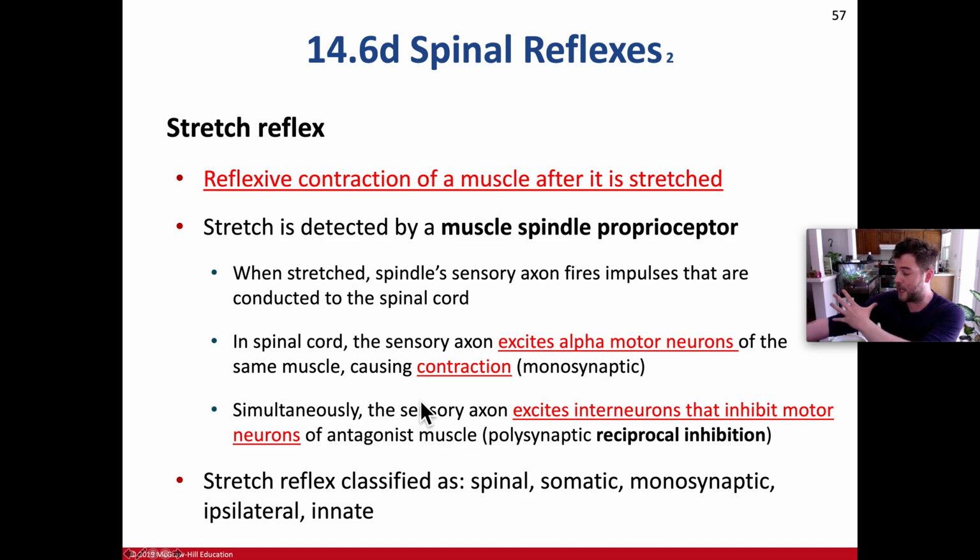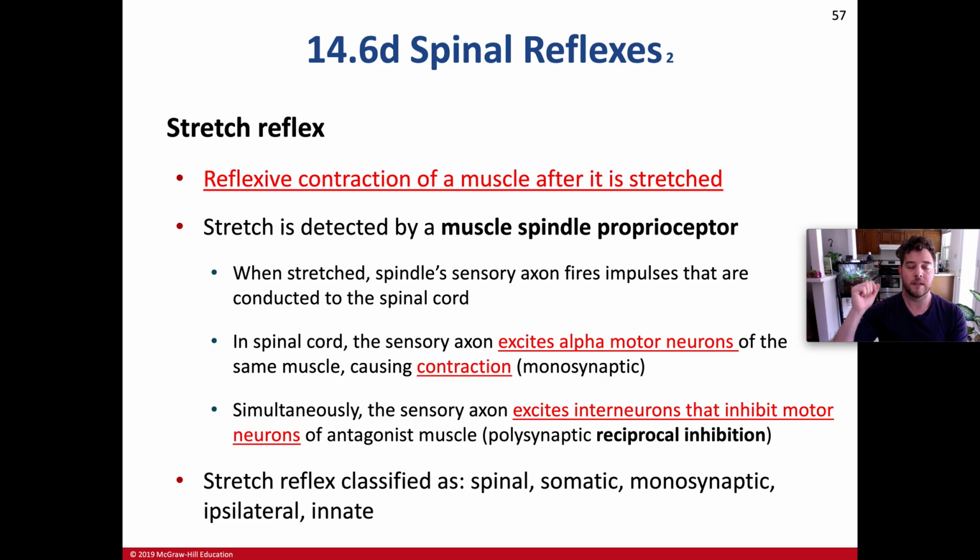I have to then immediately, my muscle spindles are going to say, okay, well, this has to contract. This muscle has to contract. But remember, for an agonist to contract, its antagonist has to relax. So our body has developed this wonderful system that while the stretch reflex, this muscle spindle and spinal cord are talking, there's also these interneurons that are going to be in play, going to the antagonist muscles, sending inhibitory actions to them, so that way our muscles can